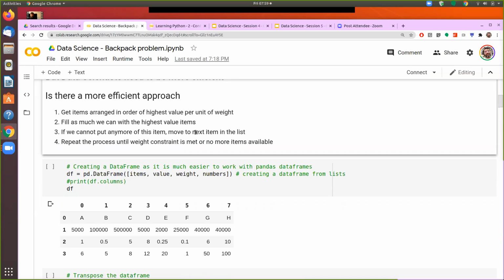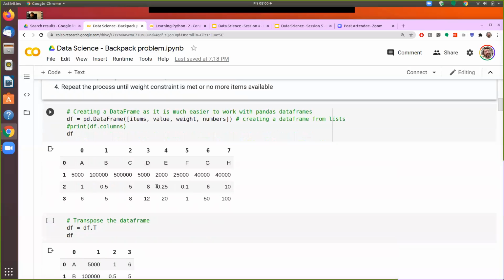So first we need to see which item has the highest value. So we arrange in that fashion, which one I should be taking first, which one I should be taking second. Then we start filling our bag and we see how much quantity of the first item I am putting in my bag. Then we say that having put that many items in the bag, let's find out what is the weight. And now that I have consumed that weight, the available space in my bag is only whatever is the maximum amount minus whatever we have put. And this process we will repeat until we have reached our limit.